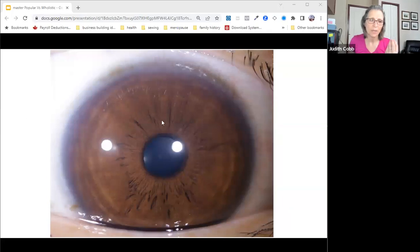When we're looking at an eye like this, there are so many markings that we could dissect, but we don't need to because they're not all important to our client right now. As an iridologist, you would understand which ones are important to your client right now based on what they've asked for help with. And you would also understand how the other markings could have an impact at some point in time. And so you always want to keep focused in the current appointment on what the client's problems are and the markings you see that